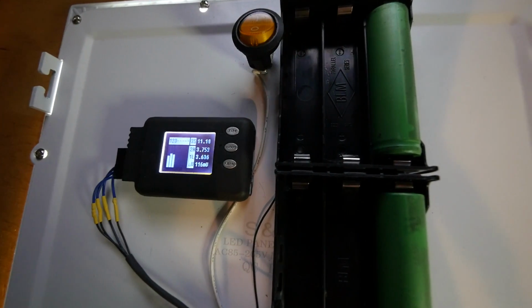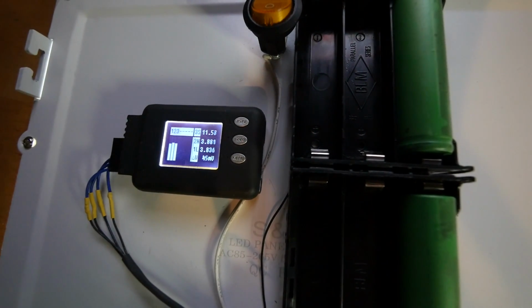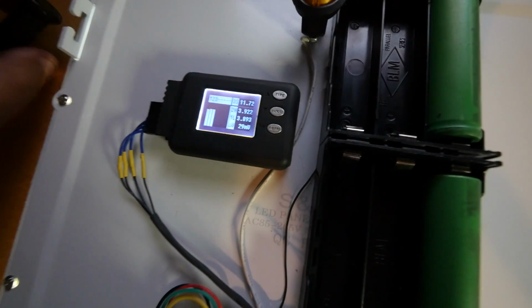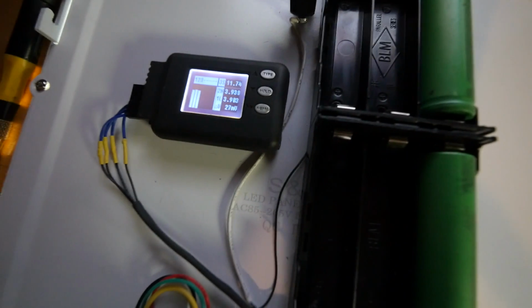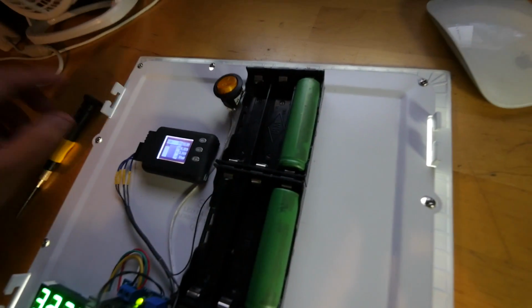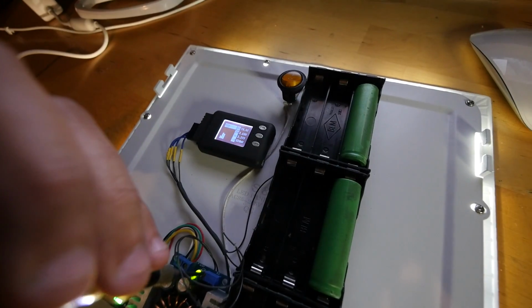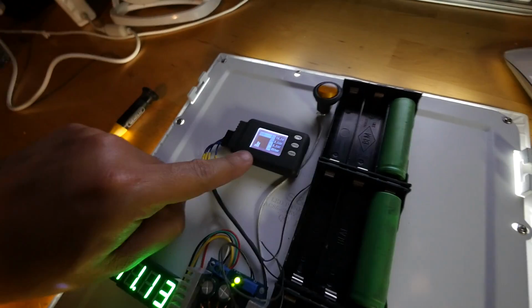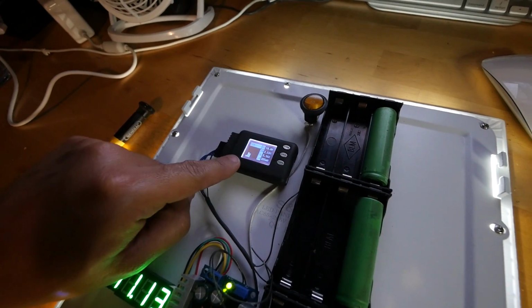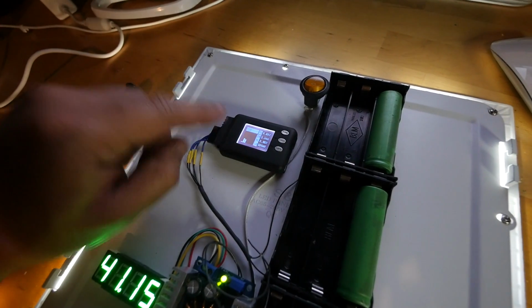If we back down the load, then these cells pretty much are able to hold their voltage together, which means that at that rate, they're able to deliver their energy at the same rate without sagging. This light is 25 watts, so it's capable of pulling about 2.5 amps off of these cells. If you were to run it at full speed, pretty soon that cell number 1 is going to hit the bottom threshold, which is 3 volts, and then